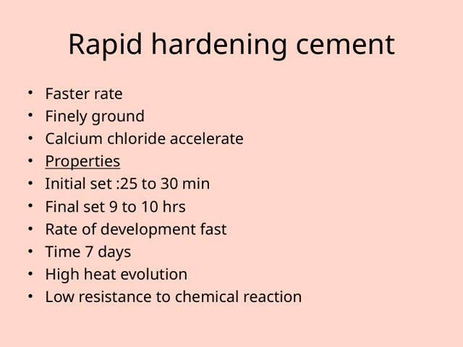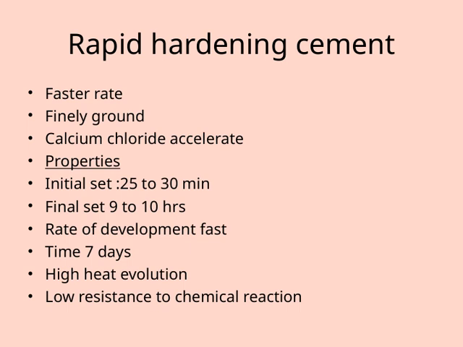Additionally, calcium chloride is often added to further speed up the setting time. When we look at its properties, the initial set occurs in about 25 to 30 minutes, which is significantly faster than regular cement. The final set happens in approximately 9 to 10 hours, allowing for rapid construction schedules. This rapid development rate means that in just about 7 days, you can expect high early strength, which is crucial